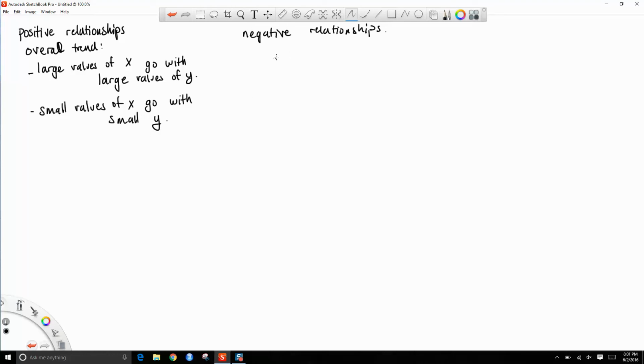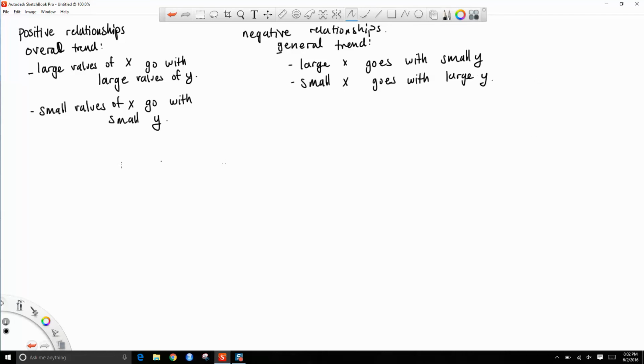And for a negative relationship, again the general trend is that large x goes with small y, and small x goes with